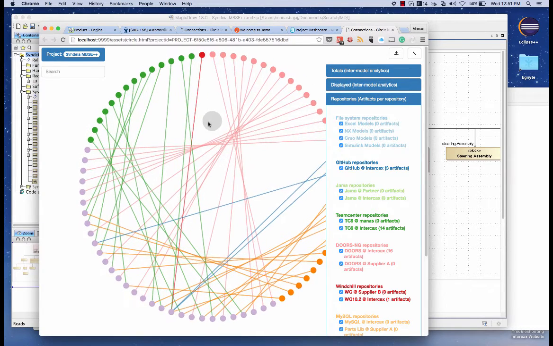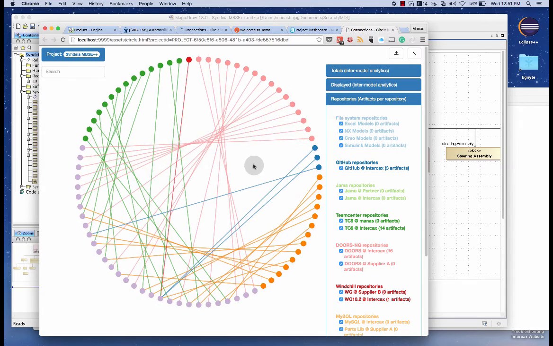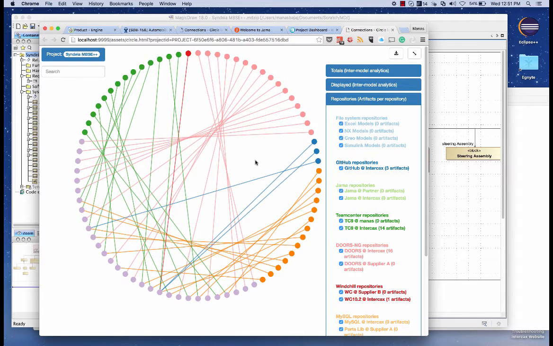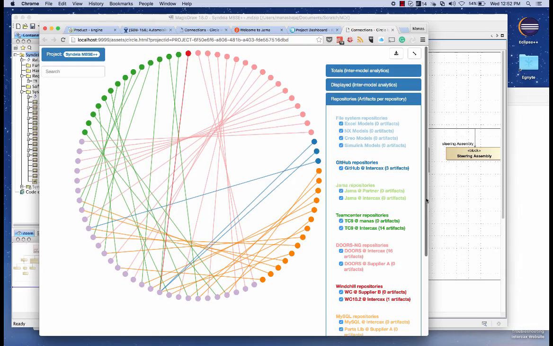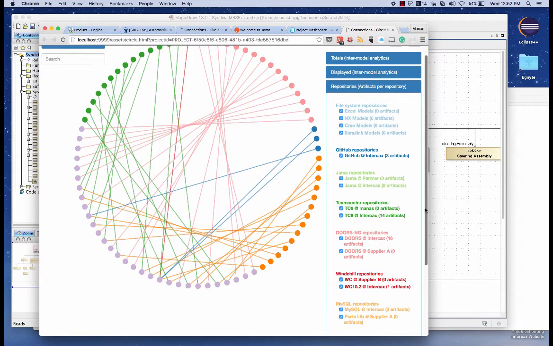can show all the connections I have in my system. This is what we see as part of the total system model graph that has been presented earlier. In this case, we see SysML elements in purple, for instance. They are color coded as we see on the right hand side, that are connected to a variety of elements in other repositories. For example, in this case, they're connected to